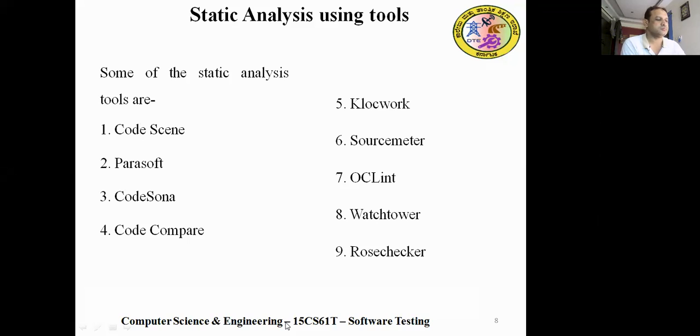Some of the static analysis tools are CodeSonar, Parasoft, CodeSonar, CodeCompare, Klocwork, SourceMeter, OCLint, Watchtower, and RoseChecker. So these are some of the tools which are available. You can use any one of the tools for performing the static analysis.